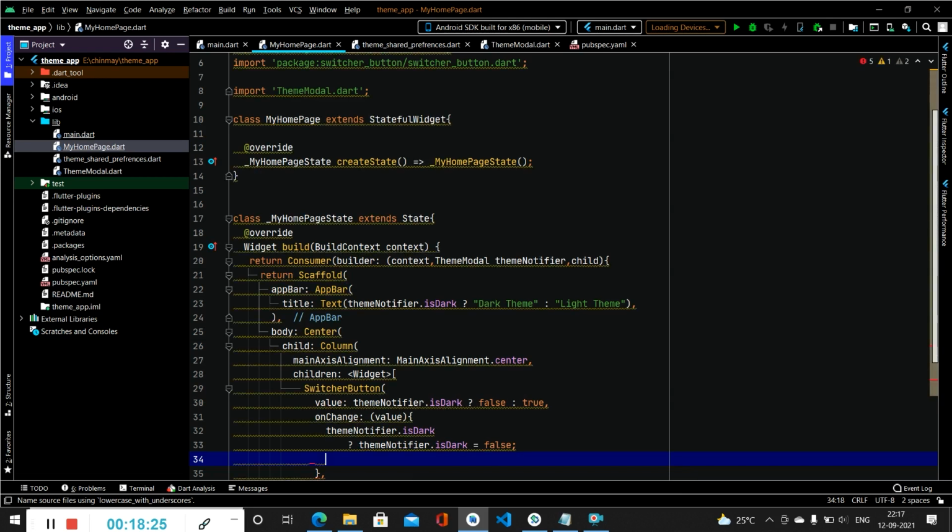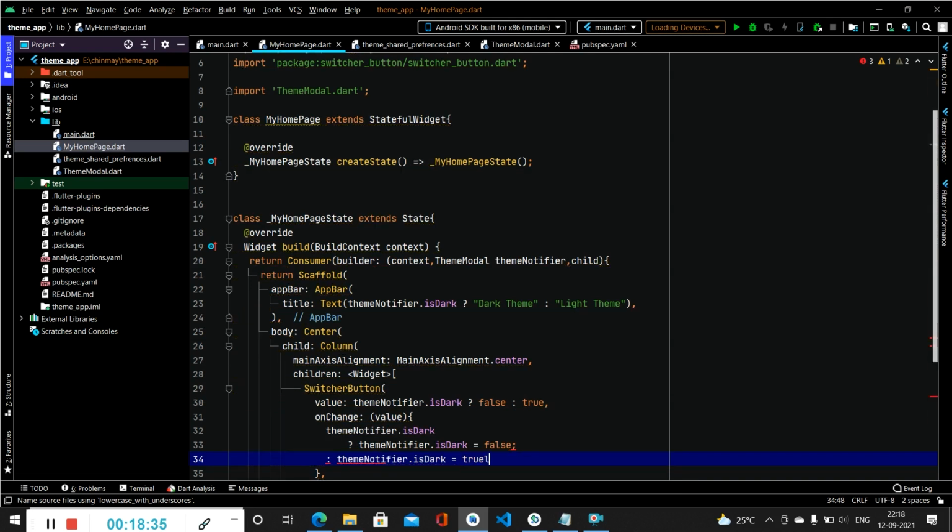Similarly, we will be calling for else condition as well. Theme notifier is dark as true.